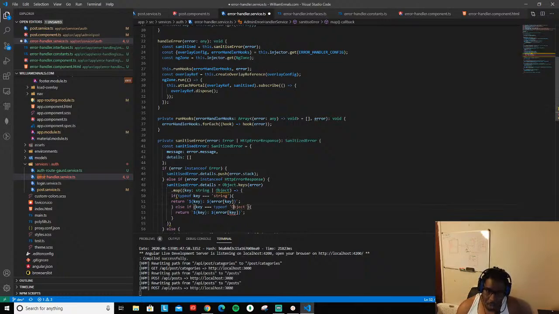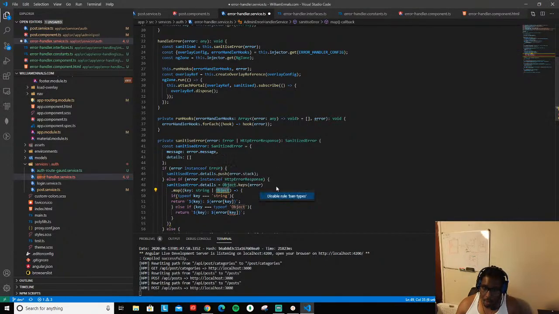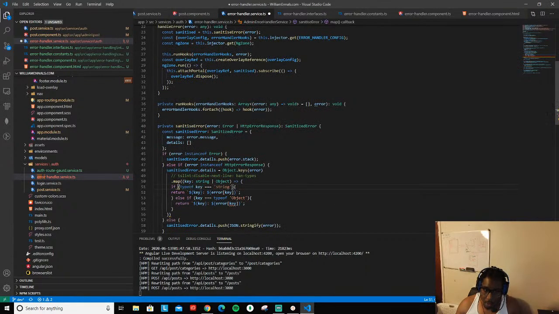So we'll do, don't use object as a type. Avoid using the object type. Did you mean object? Quick fix. I'll disable that temporarily. And then in this case, we know here that instead of doing this, we need to do